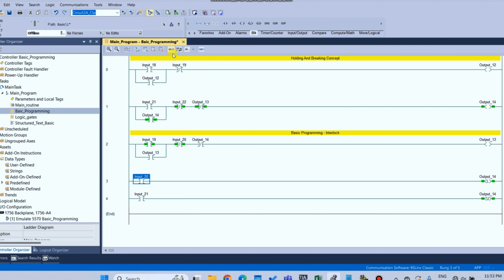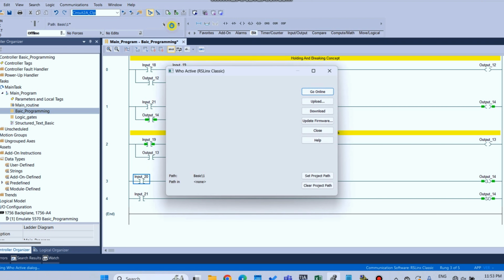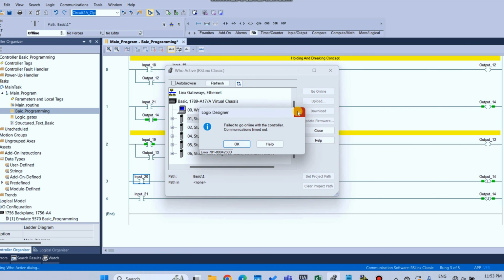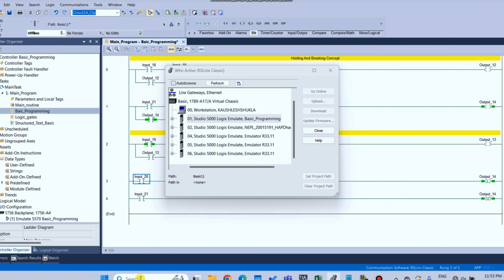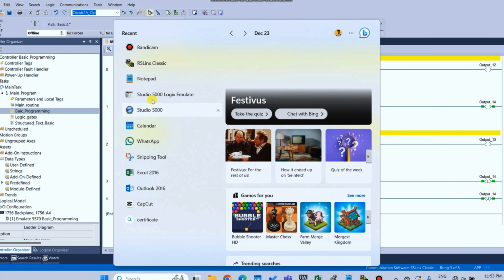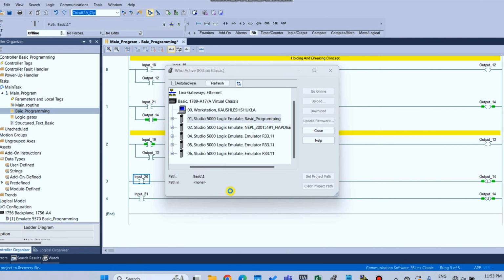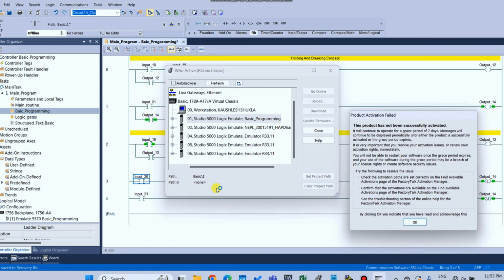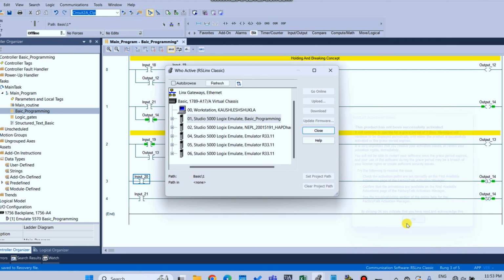So let's download the program in Studio 5000 Logix Emulate. Click on select communication path, which I already discussed, about how to download in Studio 5000 Logix Designer.